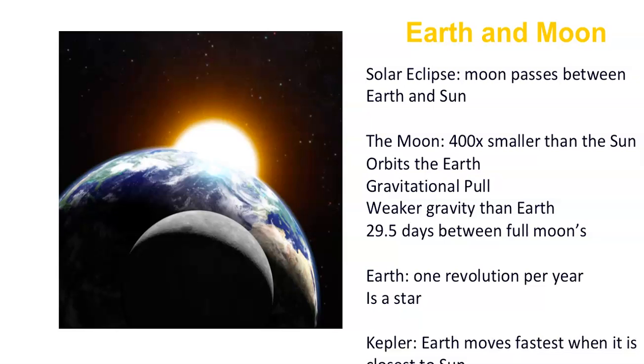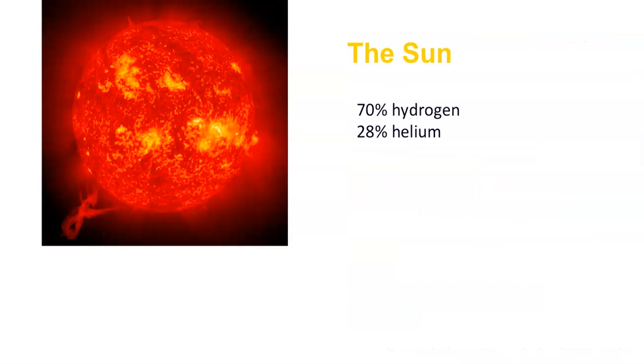You would also like to know Kepler's laws of planetary motion, and that they account for how the Earth moves fastest when it's closest to the sun. Remember, because the Earth's orbit is elliptical, it is not always the same distance from the sun. Okay, and then as we jump into